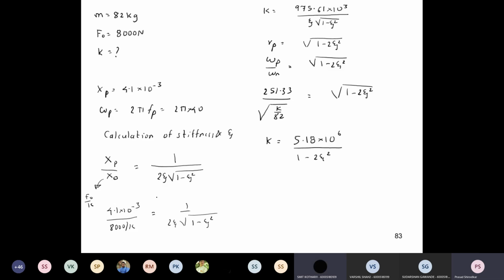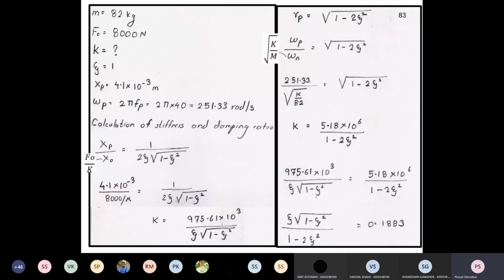So now you have two equations for k. This is one equation, and this is the second equation. So equate both these equations. I have equated both these equations here, and ultimately I get an expression in terms of zeta, right? So I want to find zeta. So solve this by using your calculator and get the value of zeta,